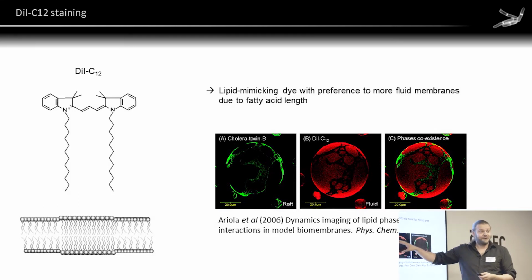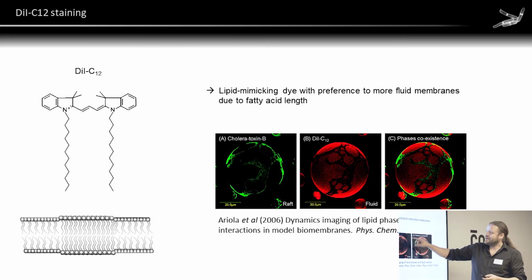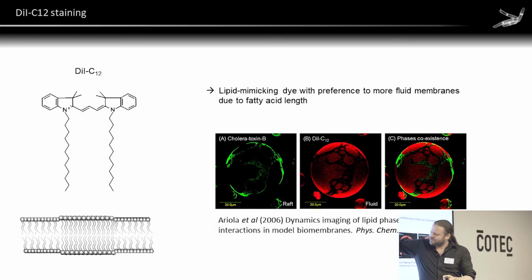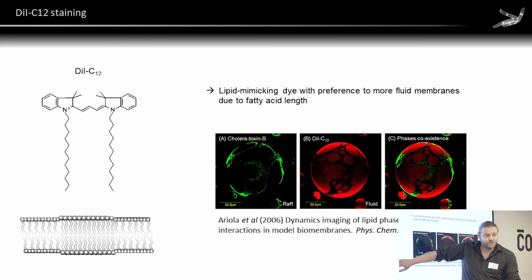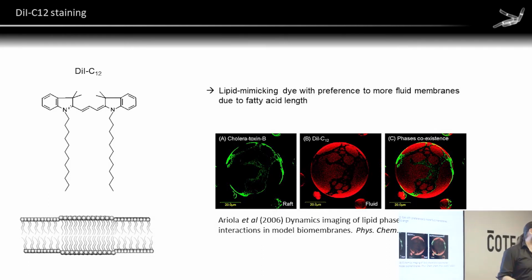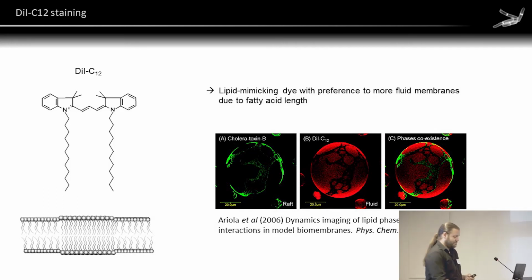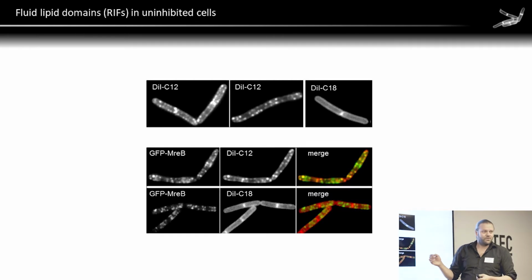So this is a similar kind of image to what Ilya was just showing. These are the liquid disordered phase and liquid ordered phase, and this dye shows preference to one of them, which is really based on the hydrophobic mismatch of this hydrophobic part. It just matches better to the thinner, more fluid membrane than the thicker lipid raft membrane. So that's a dye that has preference to more fluid membrane areas, and indeed it turned out that when we stain Bacillus with this one,